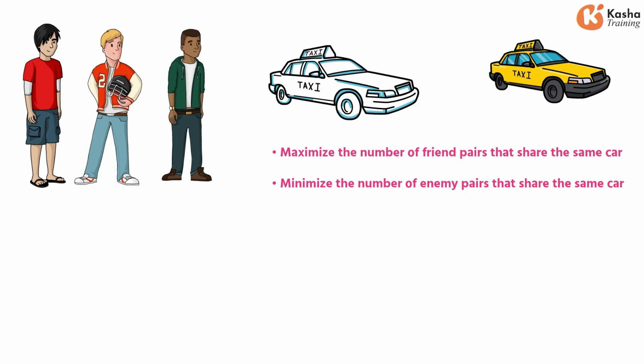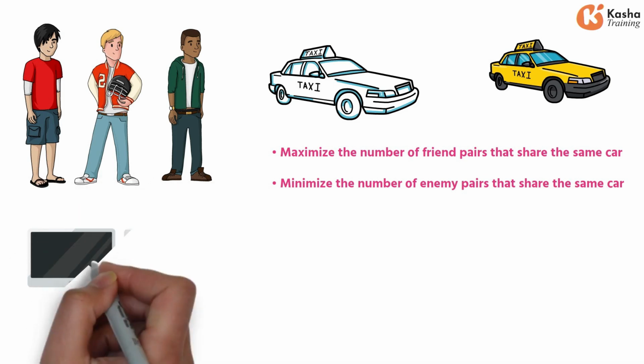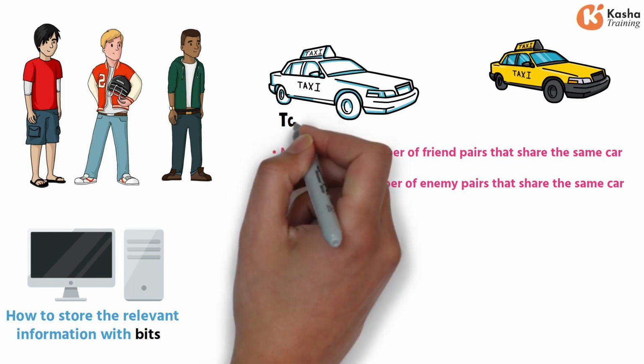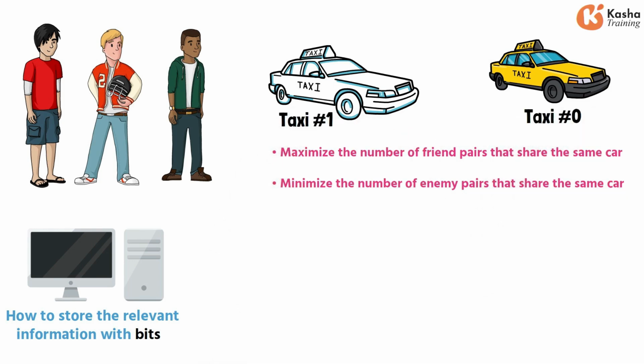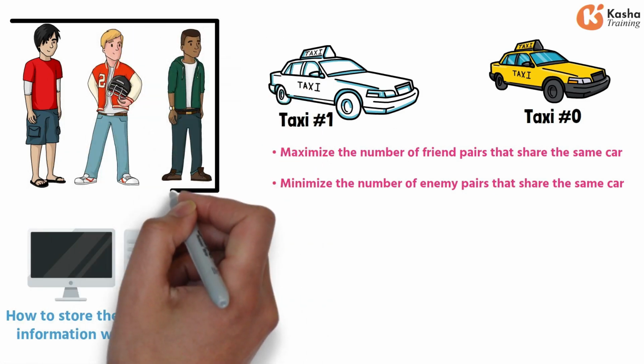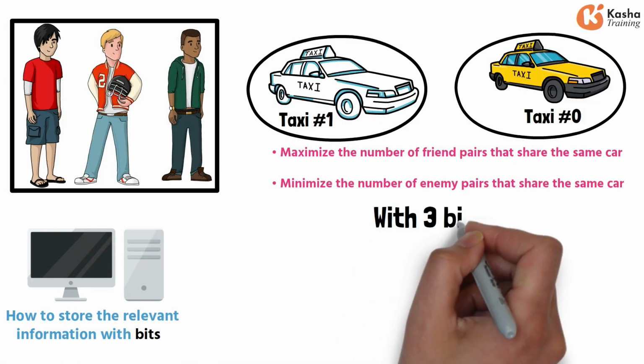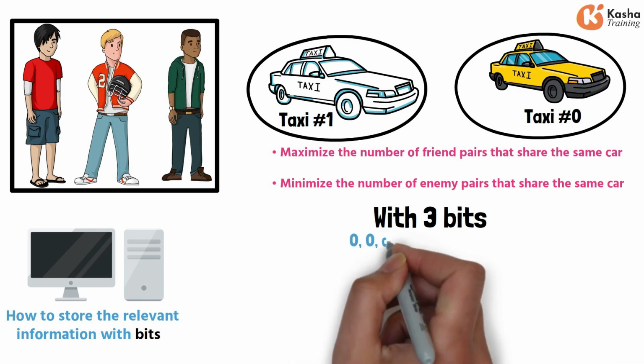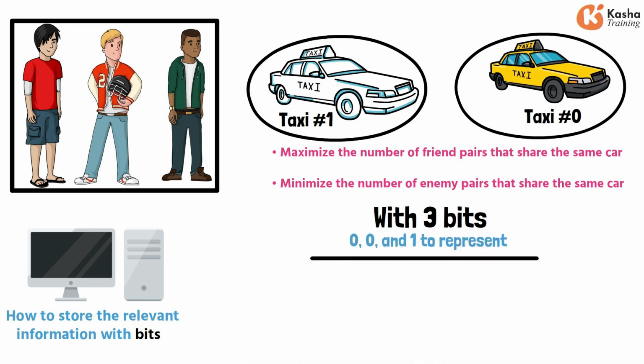Let's first think about how we would solve this problem using a regular computer. Solving this problem with a regular computer. To solve this problem with a regular, non-quantum computer, you'll need first to figure out how to store the relevant information with bits. Let's label the 2 taxis taxi number 1 and taxi number 0. Then, you can represent who gets into which car with 3 bits. For example, we can set the 3 bits to 0, 0, and 1 to represent: